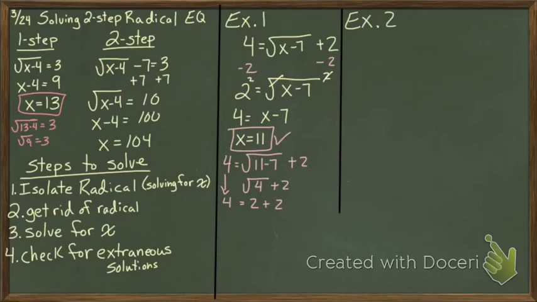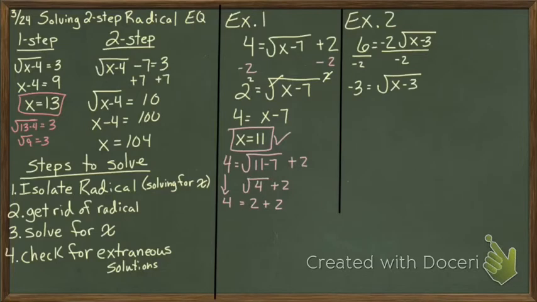So on example 2, we're going to look at 6 equals negative 2 times the square root of x minus 3. So again, on this one, I need to isolate the radical. It's the very first step, so that red box that you see on the screen. So that means I need to divide both sides by negative 2. So I get negative 3 equals the square root